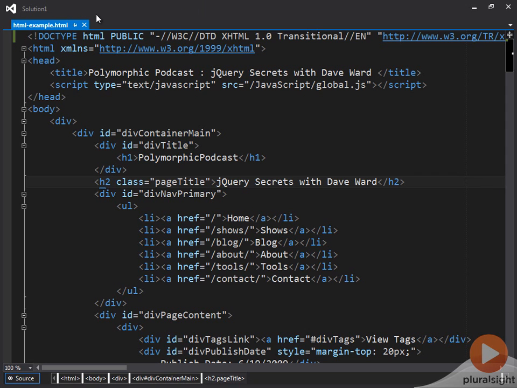So you'll notice at the top up here, I'm working with a doctype, and I'm making sure to be very conscientious about the type of doctype that I'm using. There's been a lot of controversy over the years about the types of doctypes that you use and how browsers behave in light of them. So here I'm setting up this page as being 1.0 transitional. Then also for XHTML, I need to make sure to include my XML namespace, so I'm doing that right here